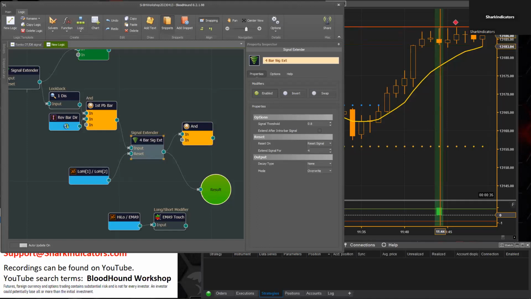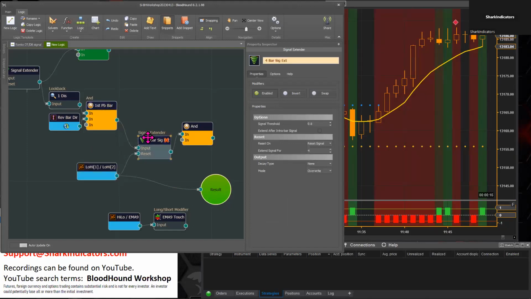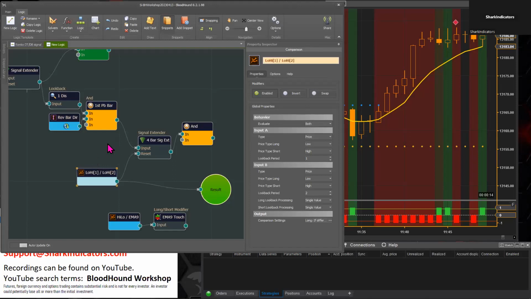It did get turned off here on this bar, because if we look at a reset here, this first pullback bar actually had a short output on it. So let's see, we need to